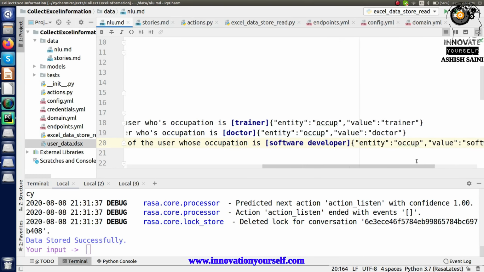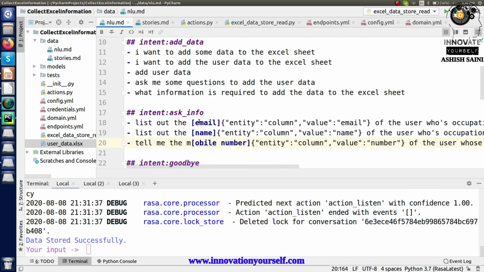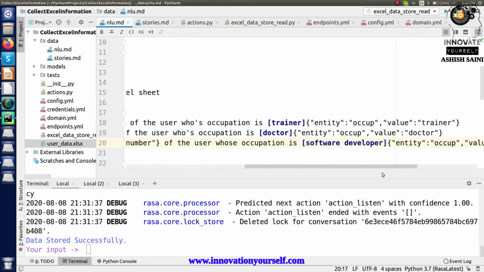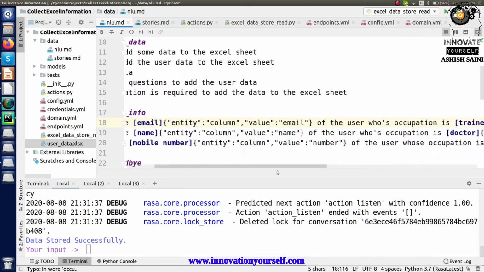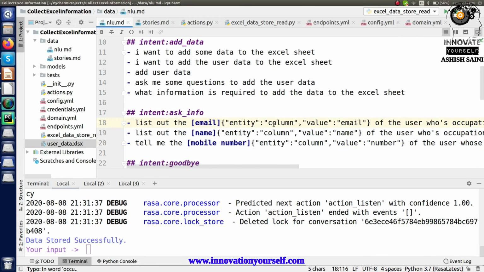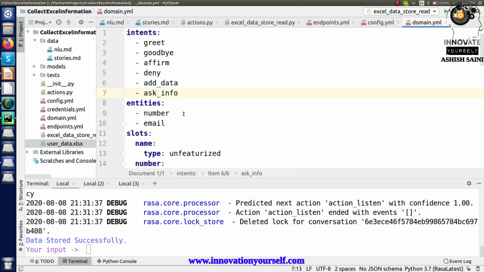Alright, so what I have done is I have created two entities. One entity will keep what exactly I want from here, what information I want as per the column. So this is the column name for that. Similarly, I'm doing it for the profession. For the profession, I'm creating the second entity, which is occup. So this is how I'm creating two entities. So let me add them to the domain file so that it can be extracted. Occup, right? So I have added both the entities.